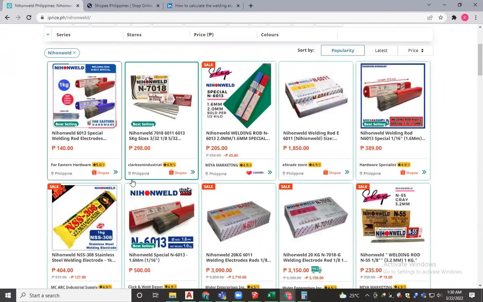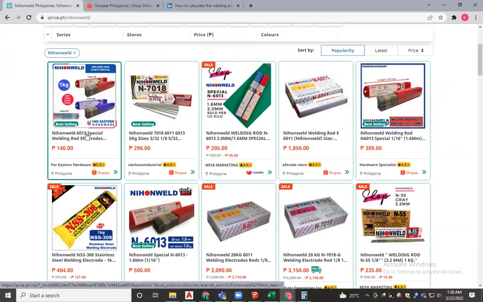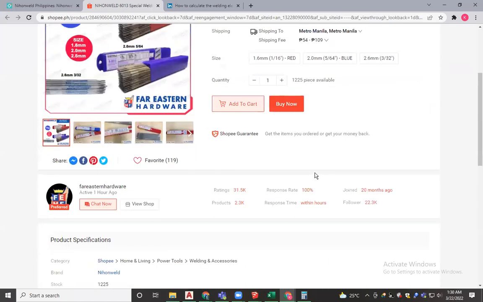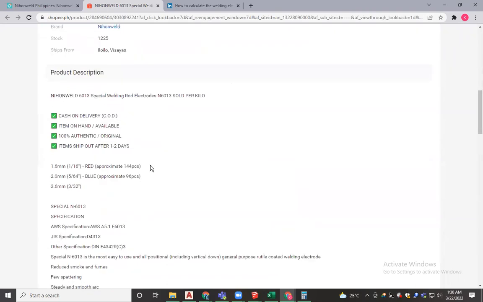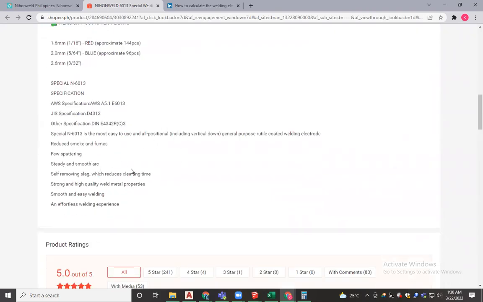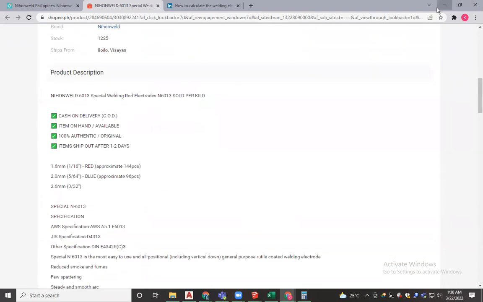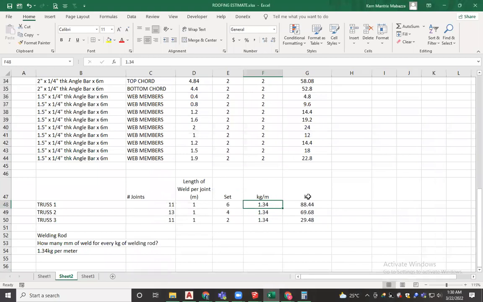140 per box. Ilang kilogram kaya ito? Yan natin, specs natin dito. COD. Anyway, per meter kasi. Per meter, ito 1.34 kilogram. I think okay naman na siguro ito. For assumption natin, 1.34 kilogram. So we have a total weight for